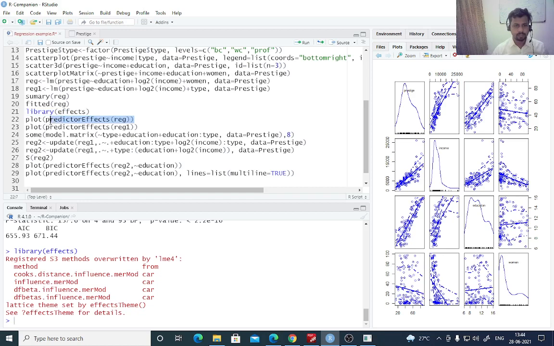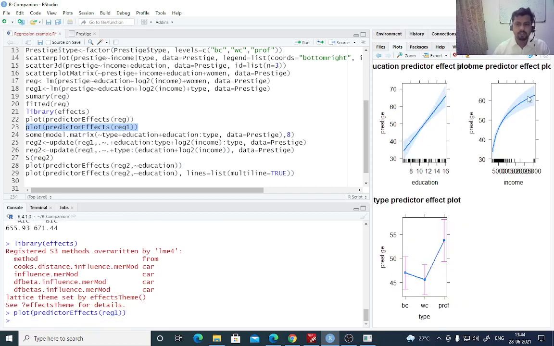So now let us only plot for reg1. You see, predictor effects is the function which gives you the effects of each of the individual predictors on the regression that we have run, and I just plot it. Plot is the original function, and this argument passes to predictor effects. So first we have the regression results with us. On that I ran a command of predictor effects, which will give me the effects of predictors on this particular regression, and I just plot them.